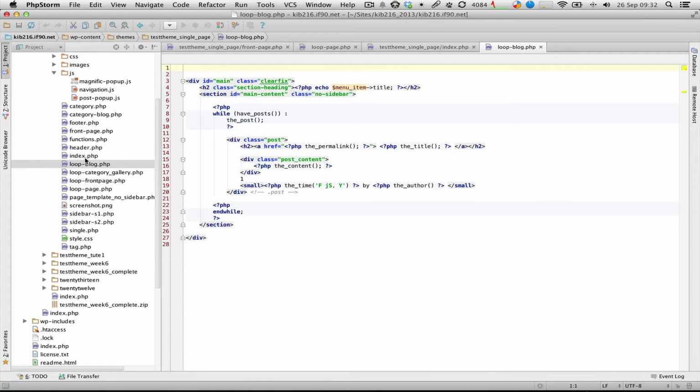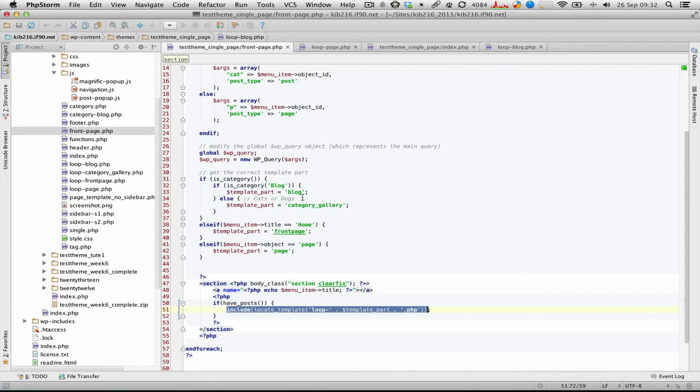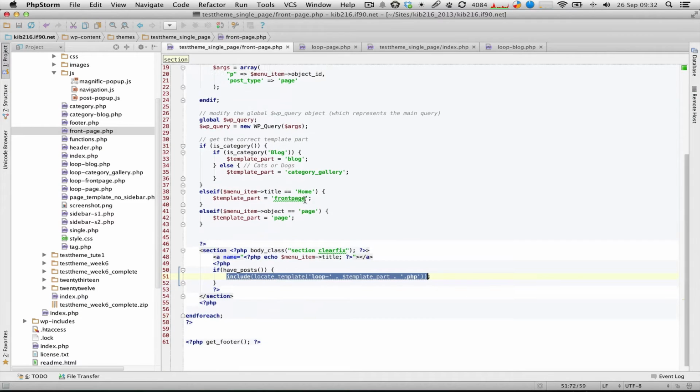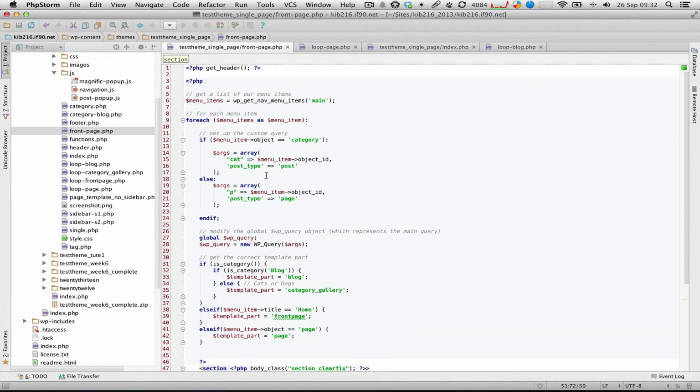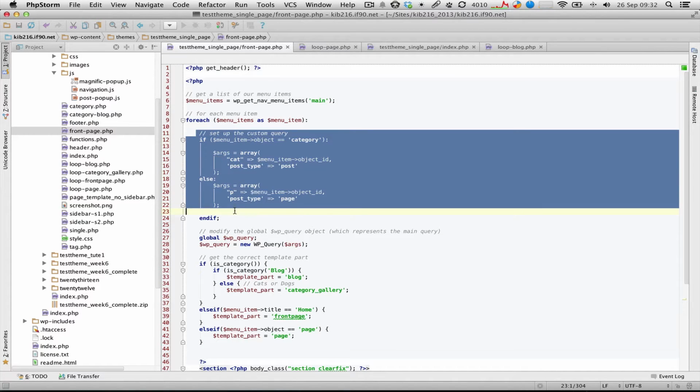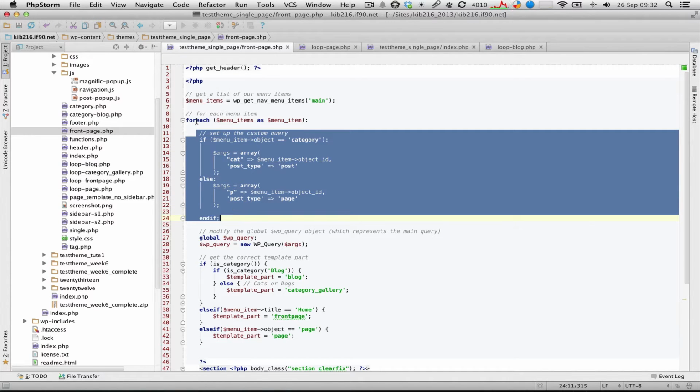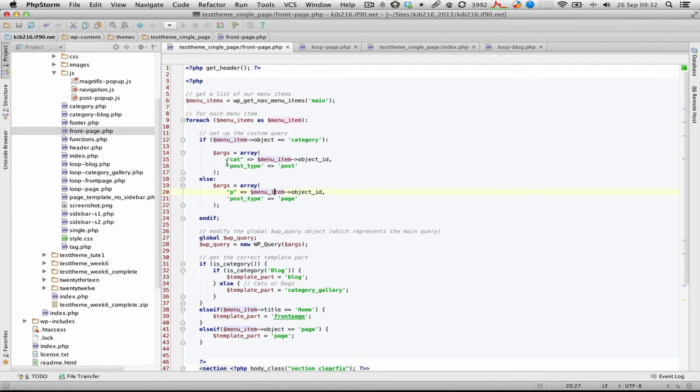Okay, so we'll go back to the front page.php template here, and I'll go into a bit more detail about this. So I'll explain this part next. This is the part inside of that for loop where we're looping through each of the menu items, where we basically set up the parameters to pass this WP query object to tell WordPress which content we want for